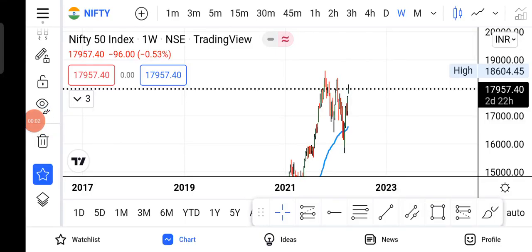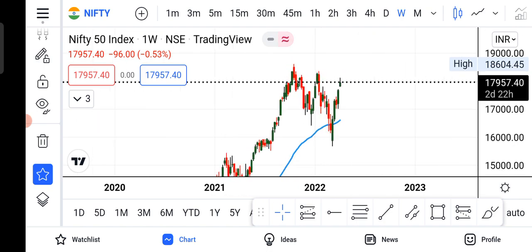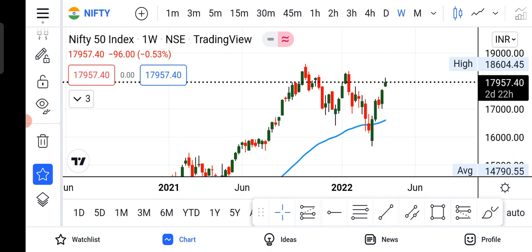Nifty has been moving continuously upwards, creating gap ups and closing green every day. Everyone is happy with this rally, but with this rally comes a fear of retracement, a fear of downward movement. Why? Because any stock or any index cannot move in one direction without having a healthy retracement or a healthy correction. It can be a time correction, it can be a price correction.